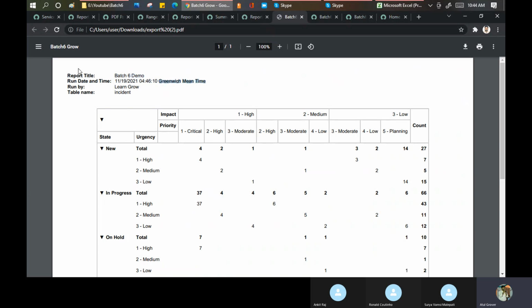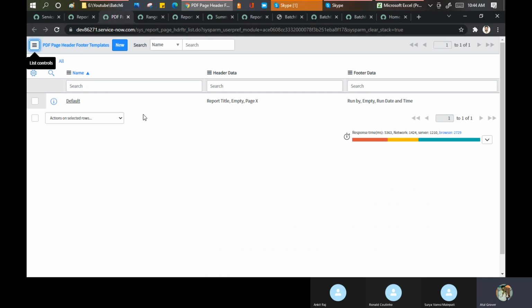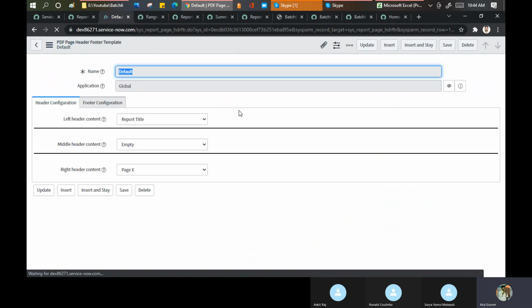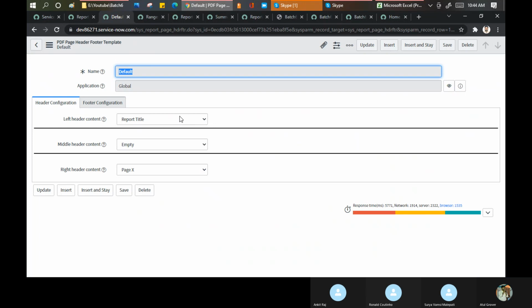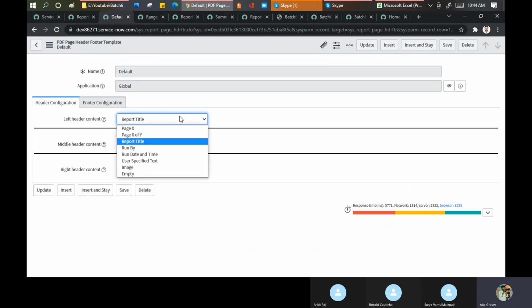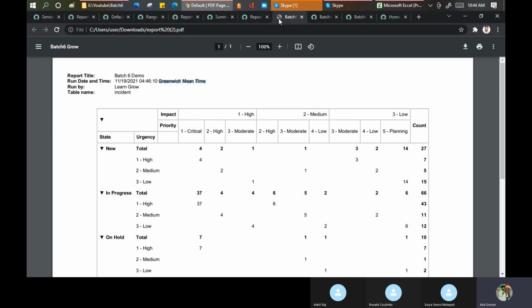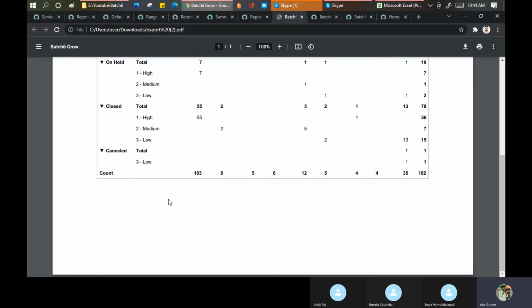No, I want my company logo. Boss, you can do it, no problem. You can go and create your own templates here. If you see the default template, these are the default templates. टॉप टाइटल, रिपोर्ट टाइटल दिखाना है, डेट दिखाना है, क्या क्या आपको दिखाना है यहाँ पर. ये हेडर का है, ये फुटर का है. रन बाय. If you scroll this, इसका फुटर क्यों नहीं आ रहा भाई?